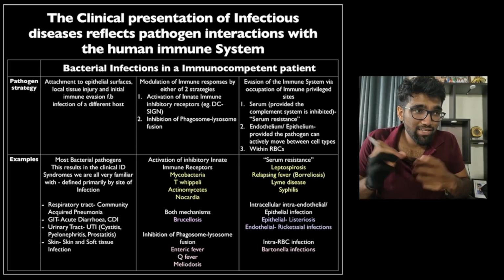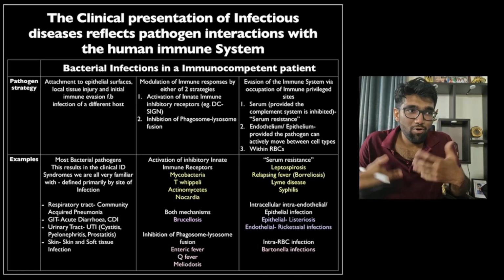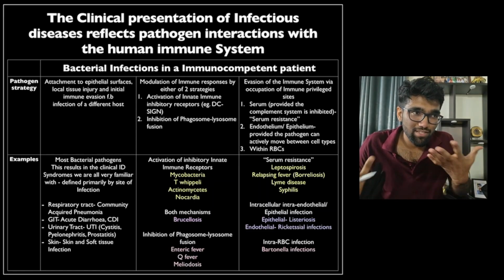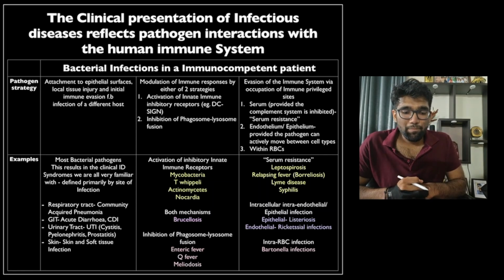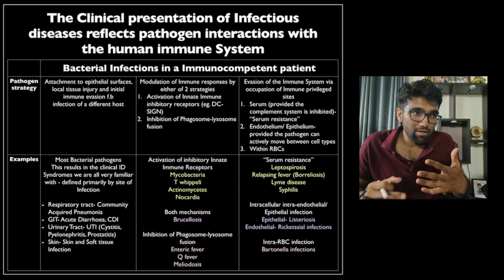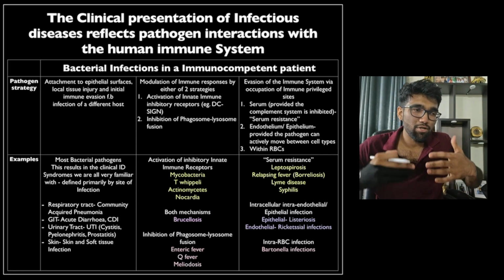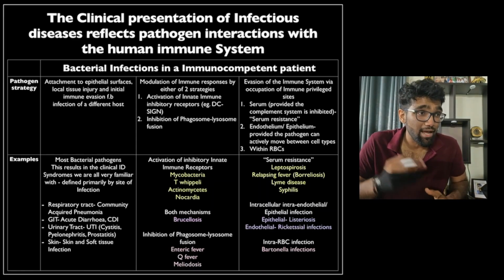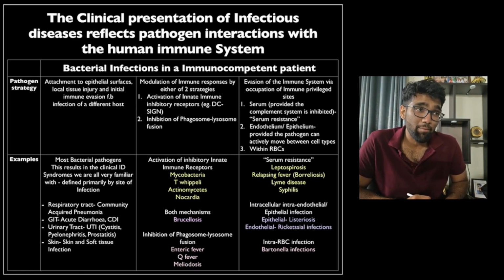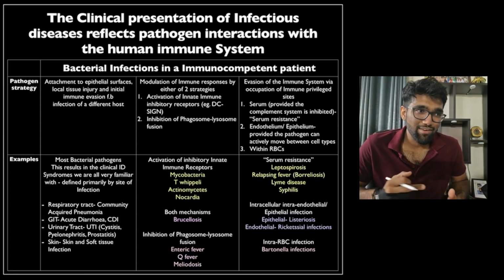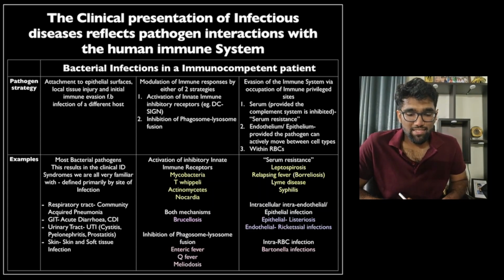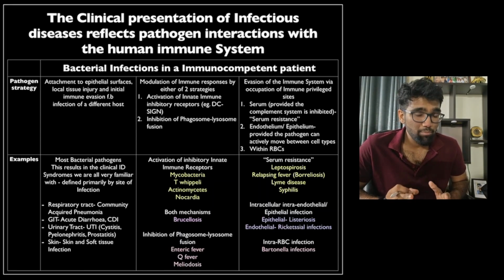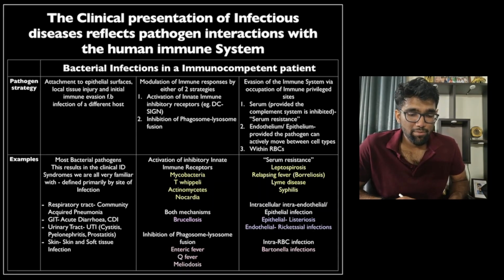So if you prevent this fusion, or somehow the pathogen manages to survive within the phagolysosome, the pathogen is essentially able to avoid being detected and killed off by the innate immune system, and then adaptive immune system responses take time to happen, and the organism has a way out. Okay, so the prototype of this kind of a response is activation of inhibitory innate immune receptors, as I just discussed, mycobacteria, also Tropheryma whipplei,